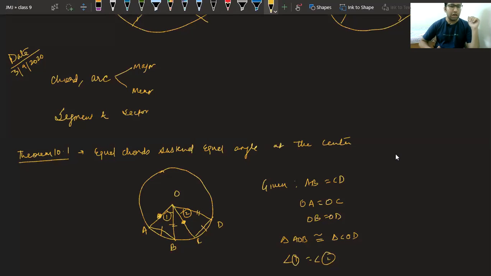Now the second theorem after this was the converse of this theorem. Converse means that in this case they were saying if chords are equal, they will subtend equal angles at the center. The converse will be what? If two chords are subtending equal angles at the center, that means what, class? Please answer. If two chords are subtend equal angles at the center, that means the chords are equal. This is known as the converse of theorem 10.1. Good, Utkarsh and Bhavya. Others also please type. Bhumi Raghav. Okay.